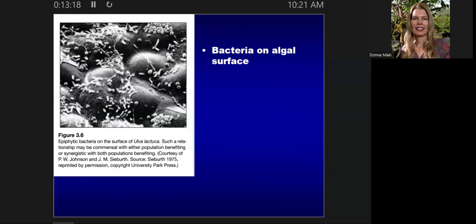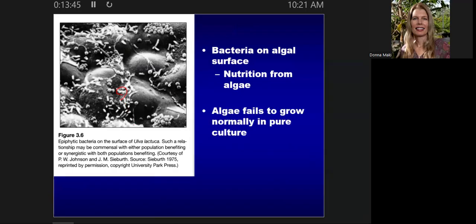Okay, here's an interesting example too. It's a kind of a difficult picture, but what you see, the bigger blobs there, that's algae. And all the tiny little blobs are bacteria that are hanging out on the algae. And what we have happening here is that the algae is exuding different compounds that the bacteria can take advantage of. And what they found is that